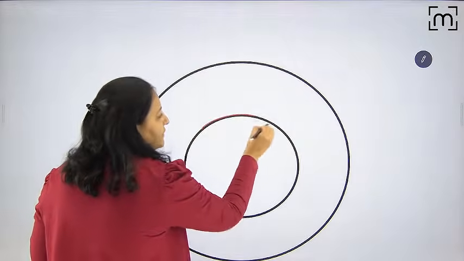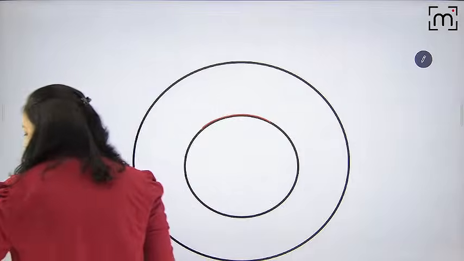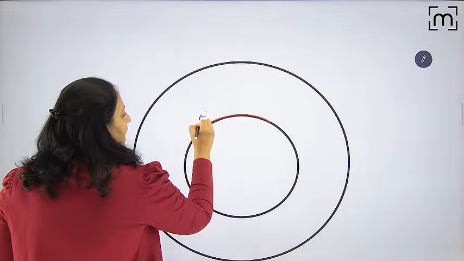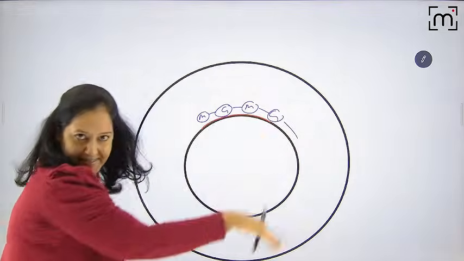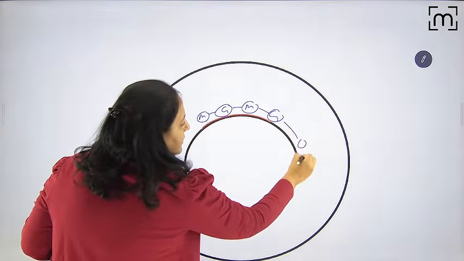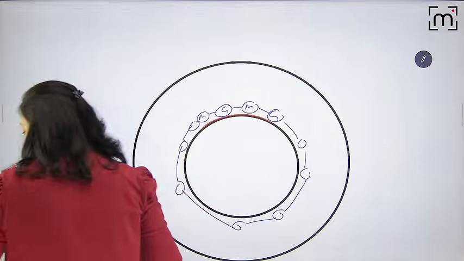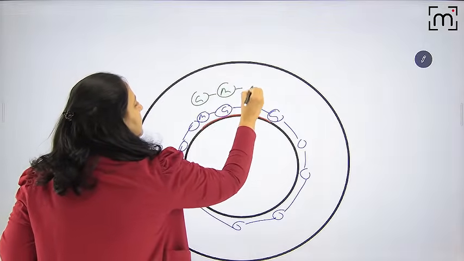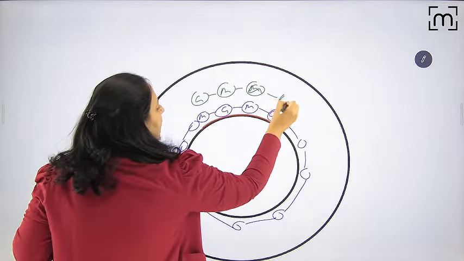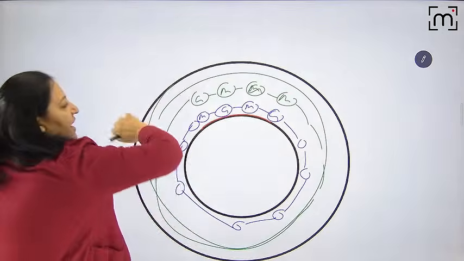This is the bacteria. This is the cell membrane of the bacteria. Now let me draw the cell wall over it. How will I draw the cell wall? I will draw one knob, then another, likewise. This is the first row. Now let me draw the second row. In the second row again, I have knob, knob, knob, knob. Likewise, this is the second. We have the third row, and the fourth row.